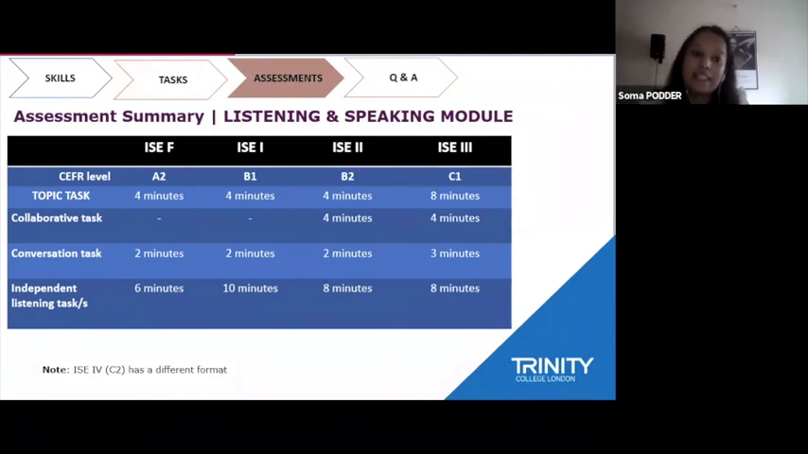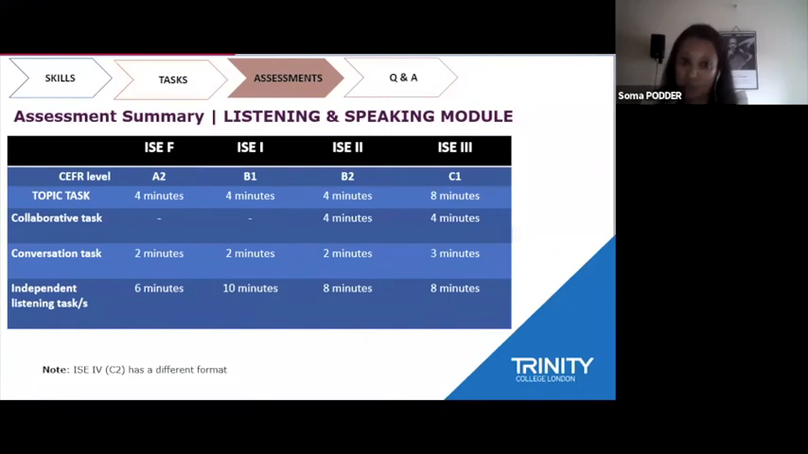Coming to the listening tasks. So it can vary from 6 minutes to 8 minutes, and they go more and more abstract as you go higher up the levels. For the independent listening tasks, candidates will have to listen to the task, and at the lower levels, it's more structured. So they listen, they have to report information back to the examiner, and also answer questions asked by the examiner. And at the higher levels,